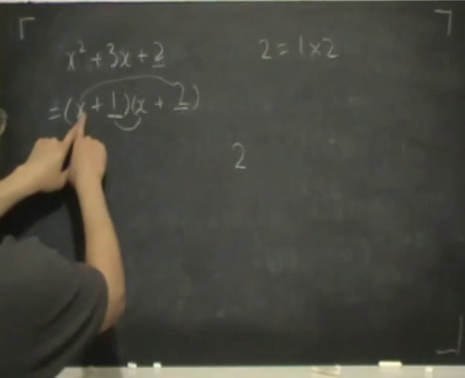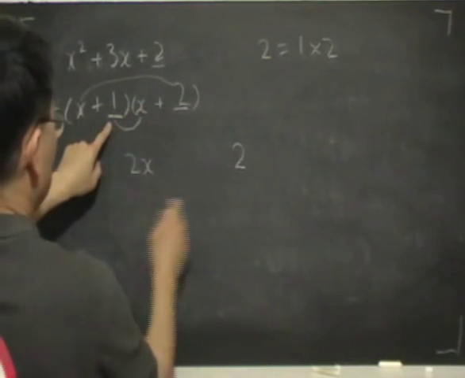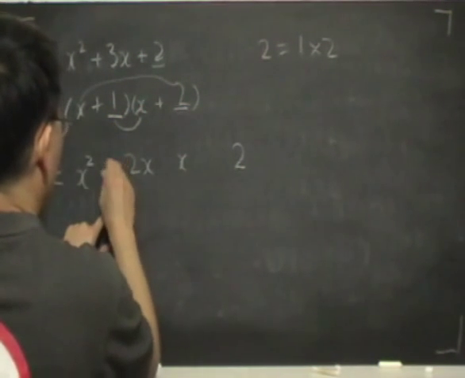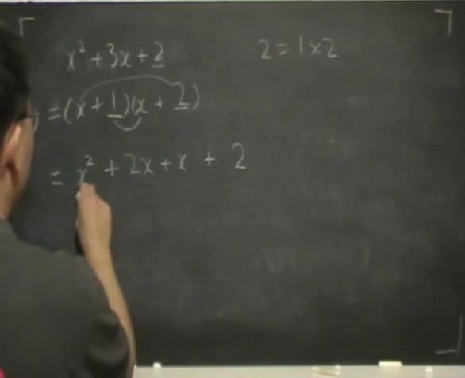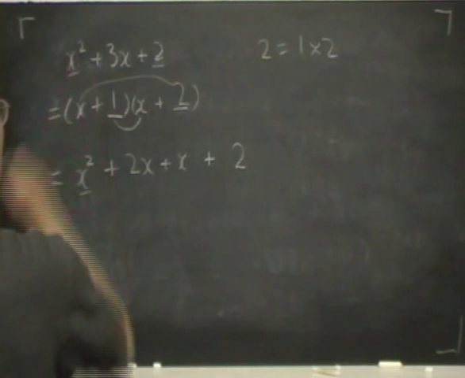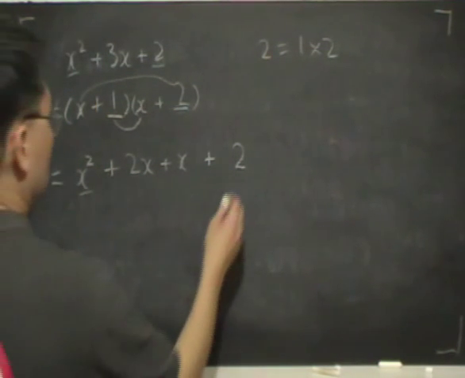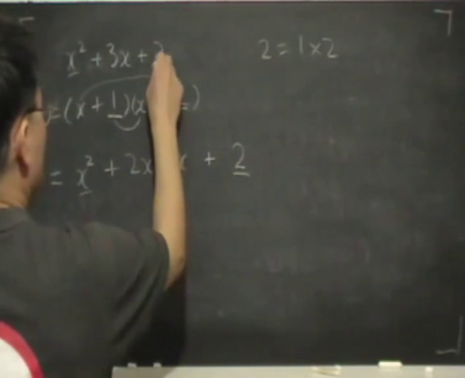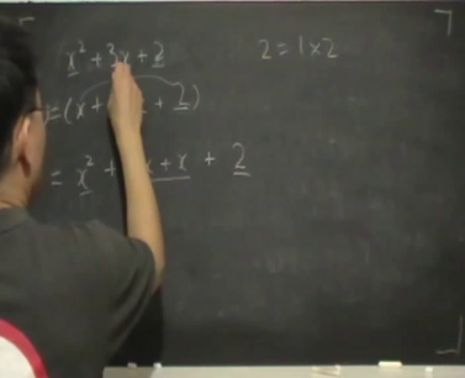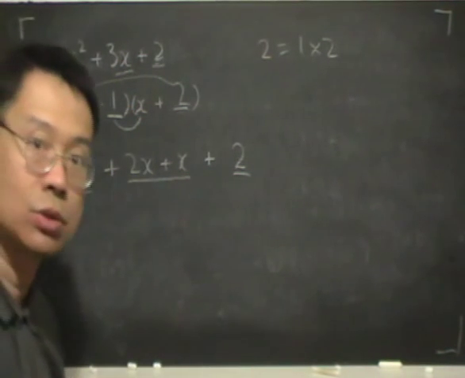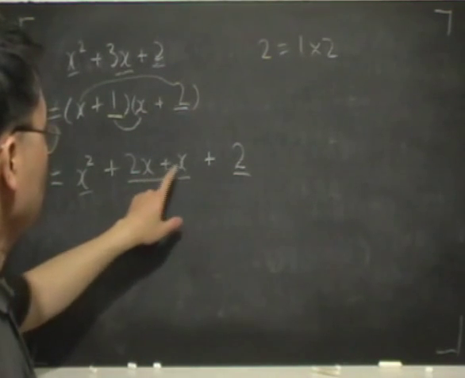So the other combinations will be x times 2, which gives 2x, and 1 times x, which gives x. So all these are added together. So x squared there corresponds to the x squared in the first expression, and the 2 there is the 2 here. So 2x plus x must give 3x, which is correct. Now the 2x plus the x here,